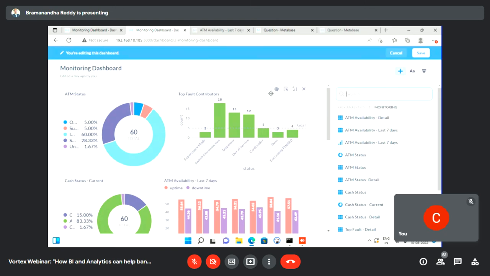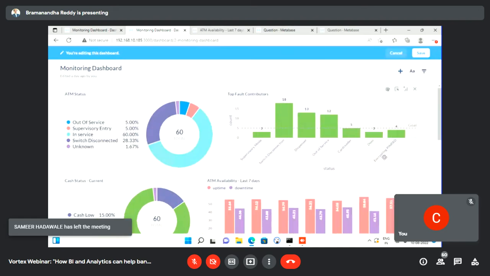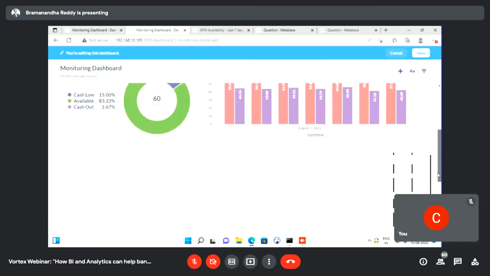then you can also add a new question, and once you add it, then you choose